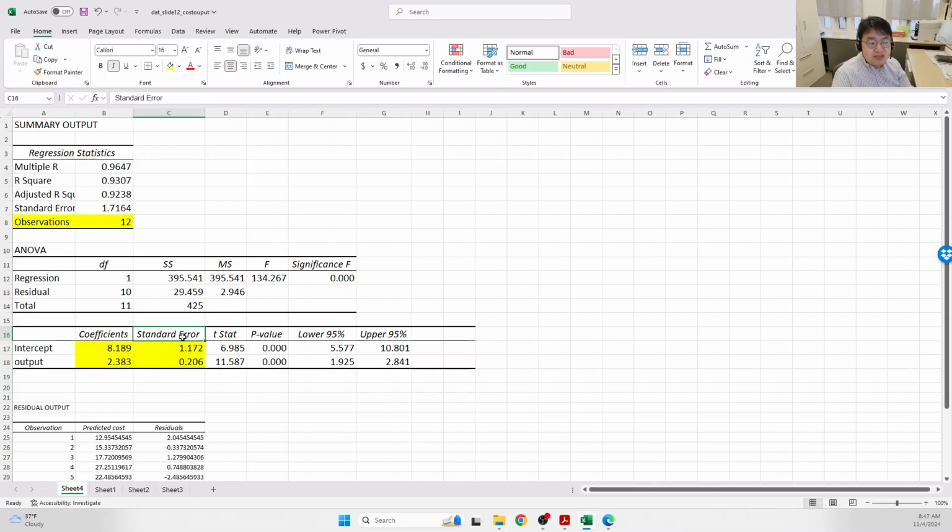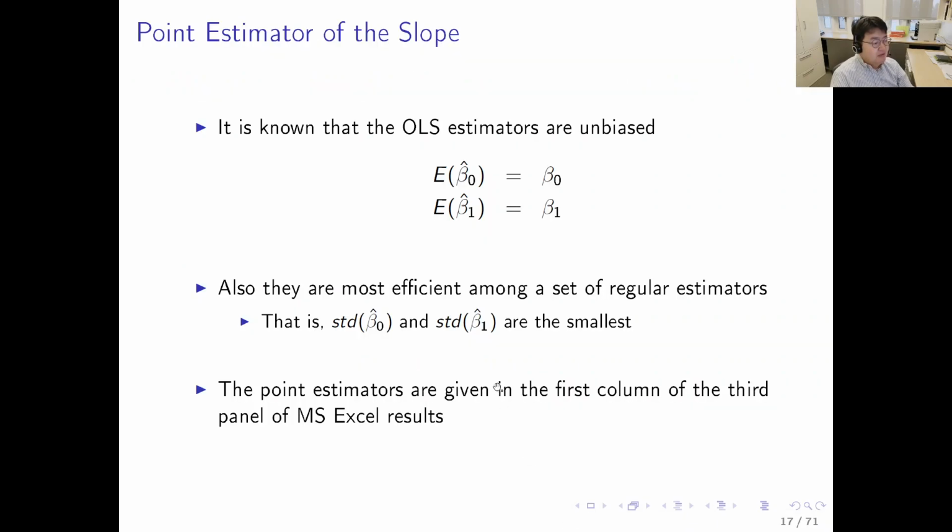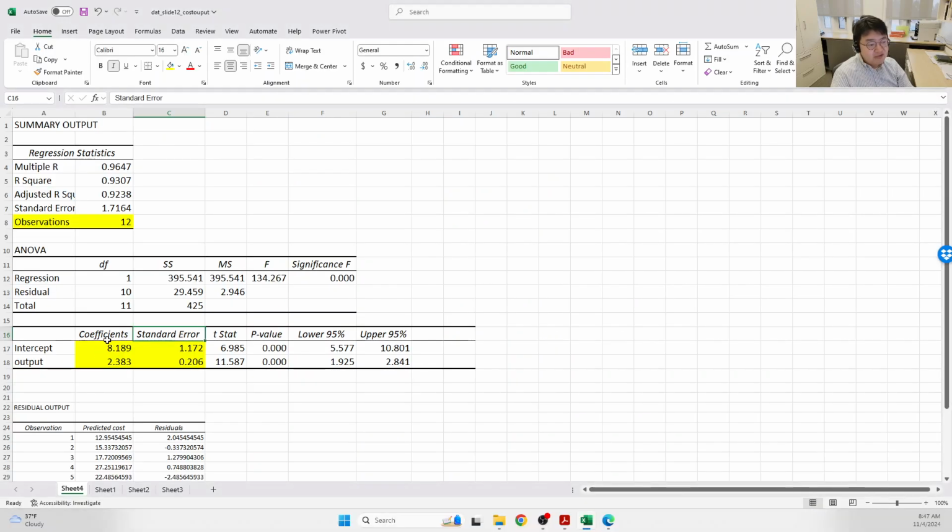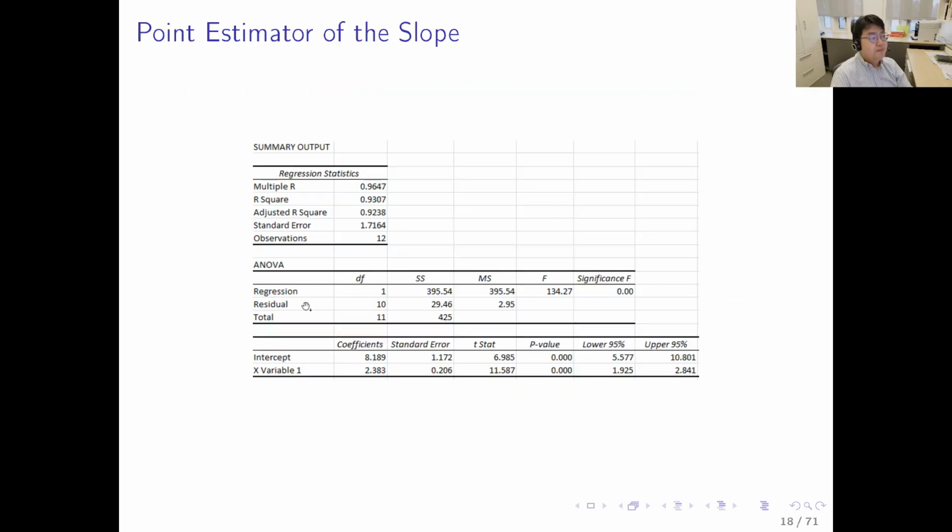By the way, remember the standard error is different from standard deviation. Standard error is standard deviation divided by square root of n. Okay, so that's what it means here. So already, the point estimators in the first column are unbiased and efficient. That's why we use the OLS estimator. The OLS estimator is very good. Okay, so we checked the first column,